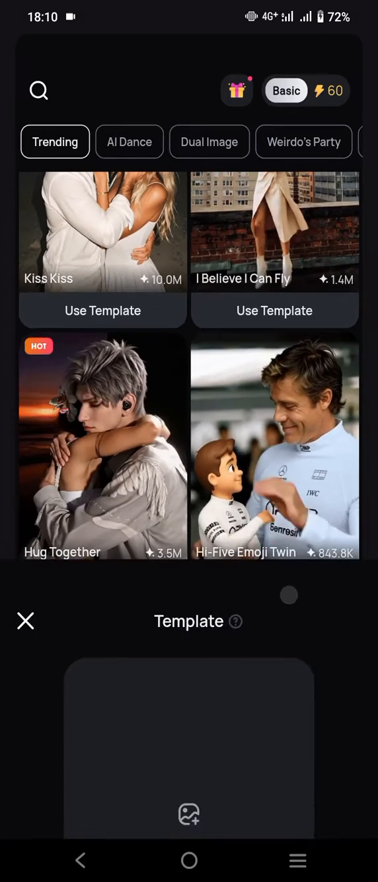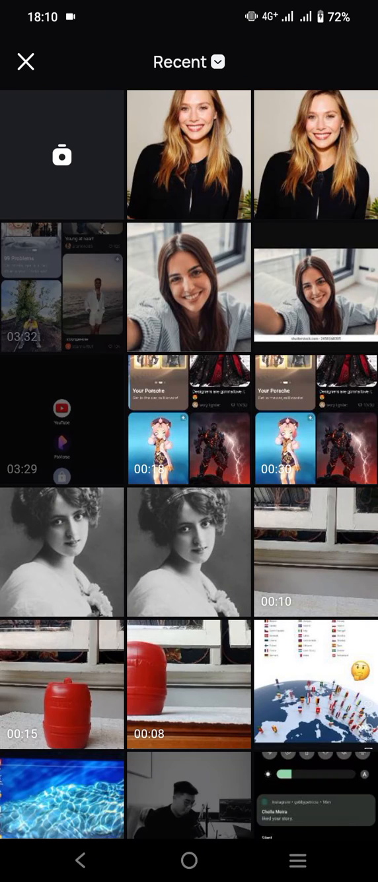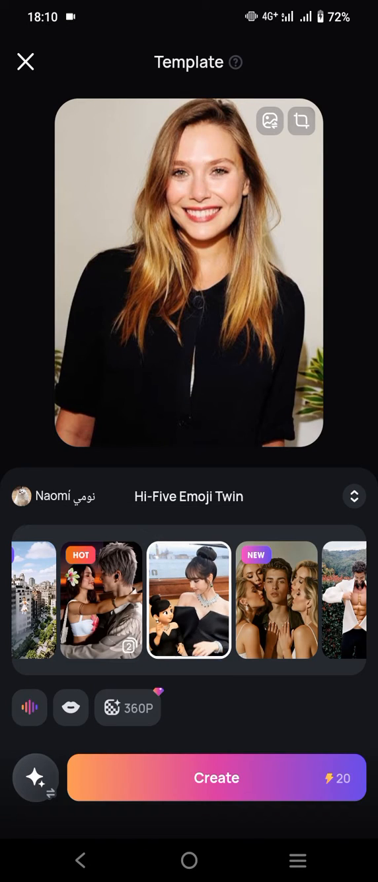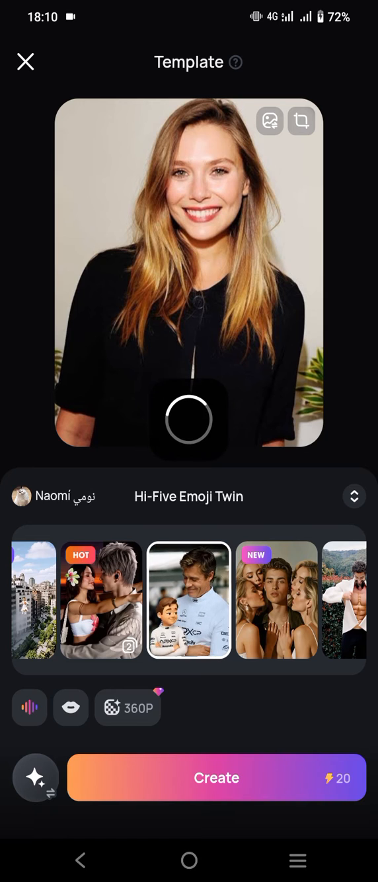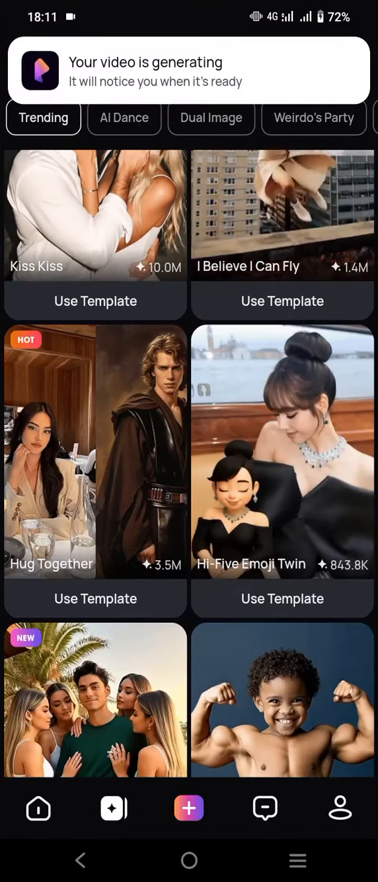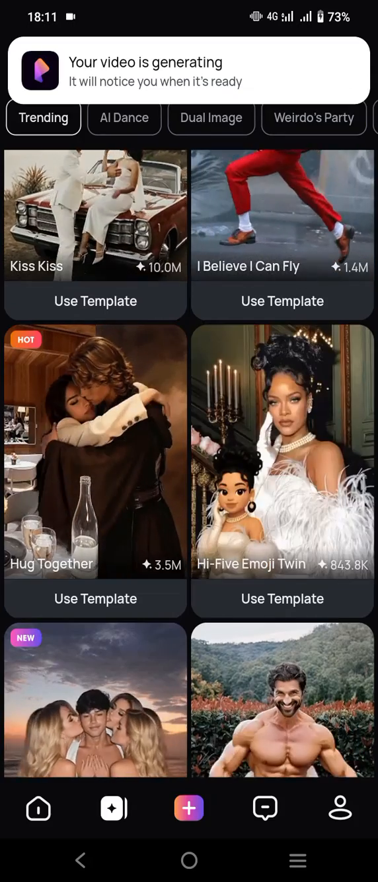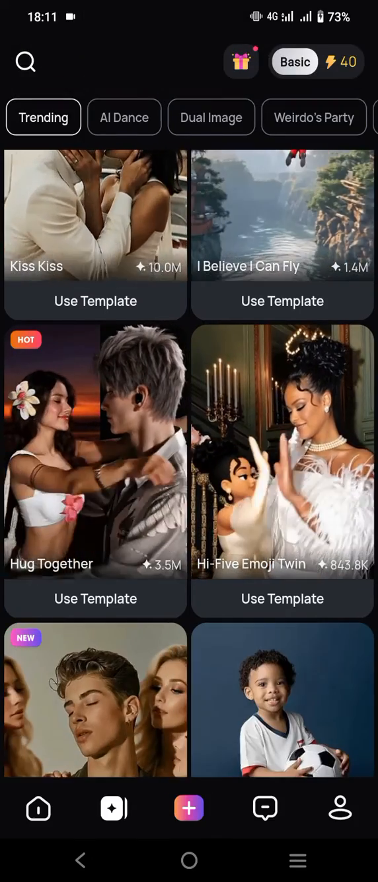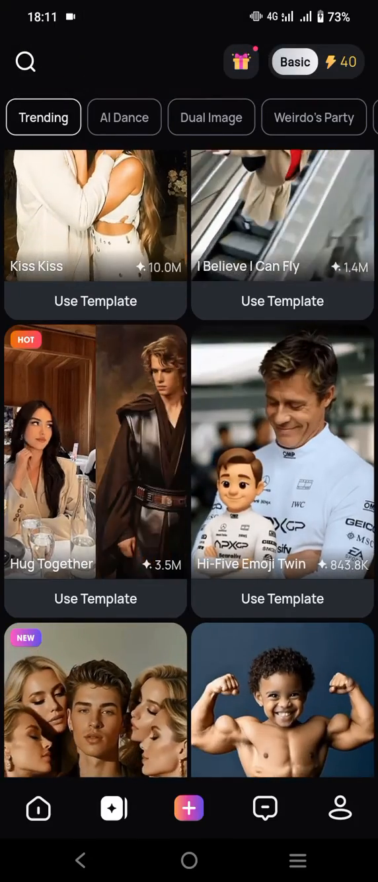Then we will use this template and make sure that there are several credits left. As you can see, since this effect only needs 20 credits, and we still have 1660 credits over here, it will still be enough to do this creation. And let's get it created. Click create, and it will make you wait for this generation from the application first,